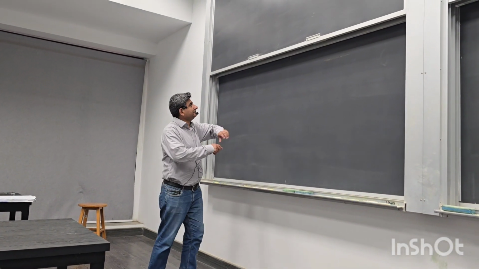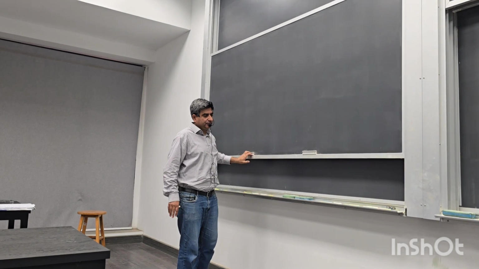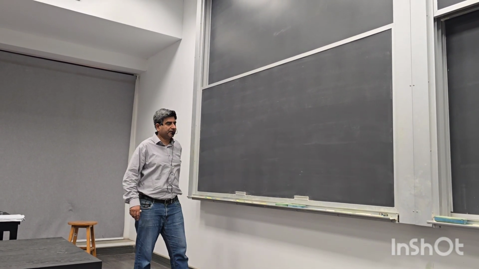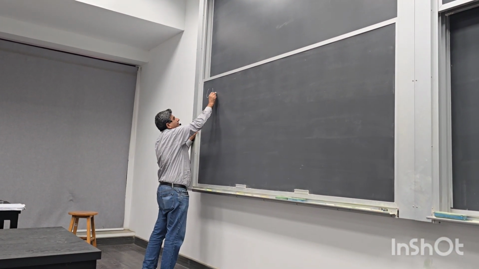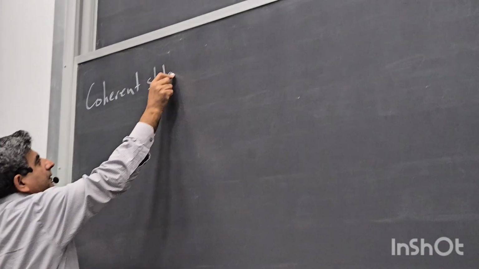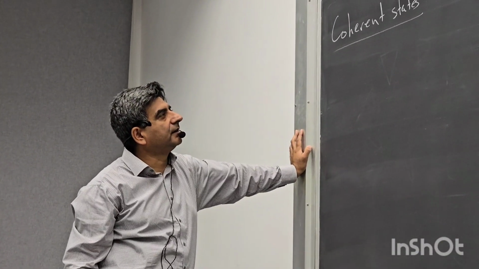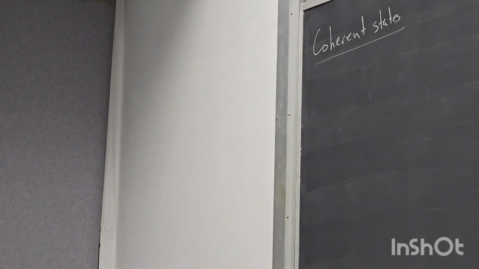So, a really interesting twist I would like to help you appreciate today. For coherent states, we do know that there is a certain uncertainty in the electric field and a certain uncertainty in the number of